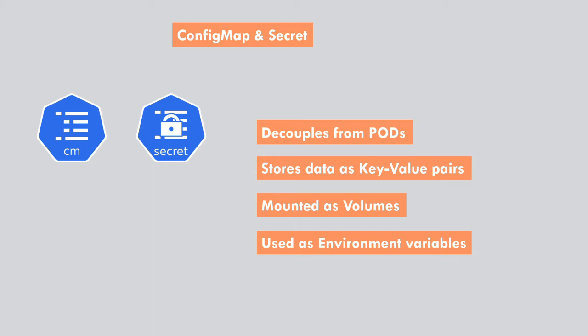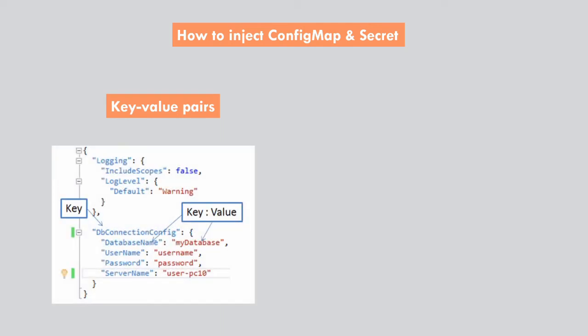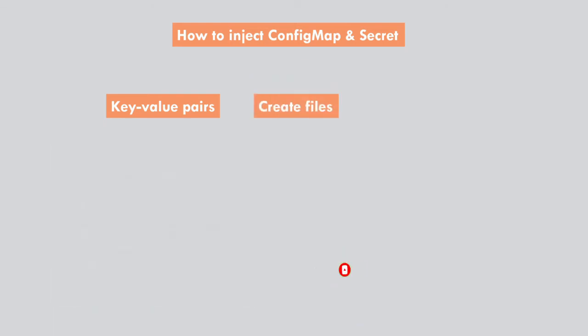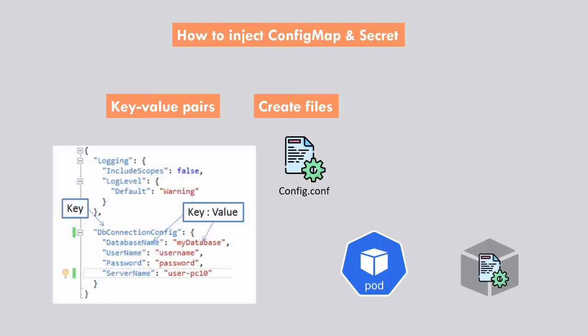Now let's understand how to inject a config map and secrets inside a pod. The first approach is to embed key value pairs inside a pod definition YAML. But this approach can be used only when there are a limited number of config settings. There is a limit of 1 MB, as you know. If your requirement exceeds that, then you should inject the config map using volumes. So this is about config maps and secrets. Let's jump on to the demo and see how we can create config maps and secrets.